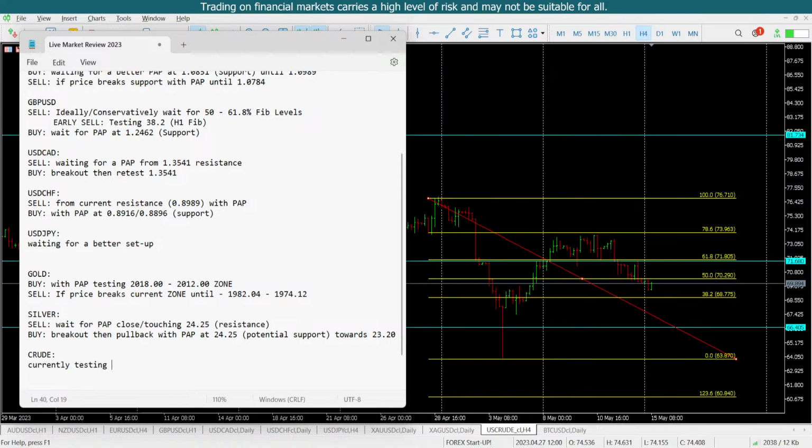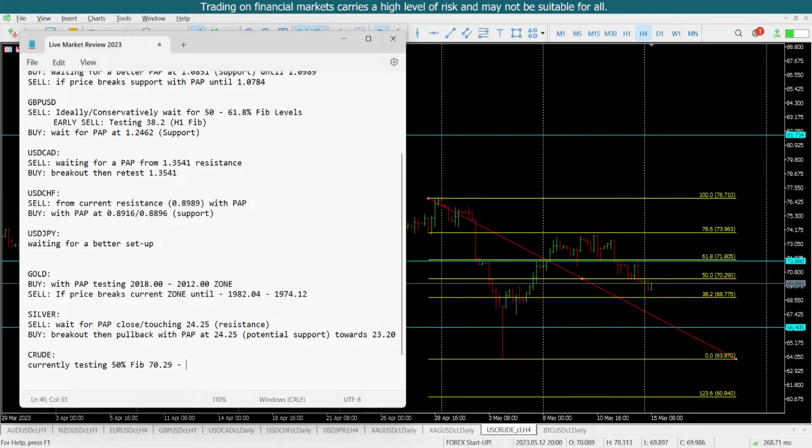Currently testing the 50 fib. Fib at 70.29, right? That's $70.29 per barrel, but currently at 69 now. So it could test that level right there. Okay, but then again, napakaganda pa rin ng bearish. So hopefully we can see this price pushed